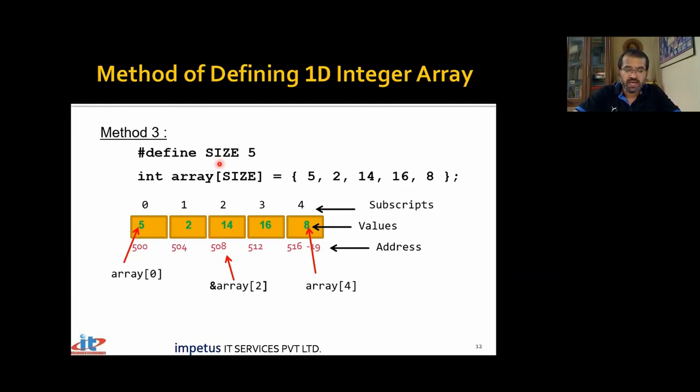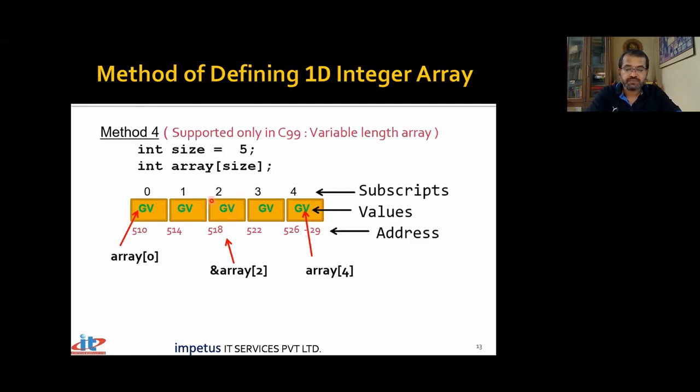But normally we'll create an array to store some values, and we'll know the purpose of creating that array. In all those cases, go ahead with a named constant. So I say int array of size so and so. So I have created an array and I have initialized that array. This is called a set of initializers. Each element inside this set of initializers will initialize the corresponding element inside that particular array.